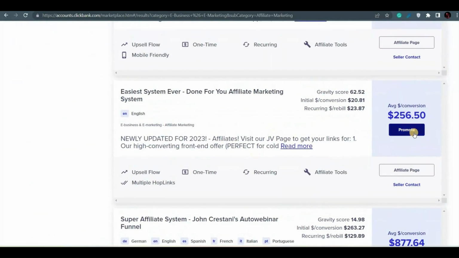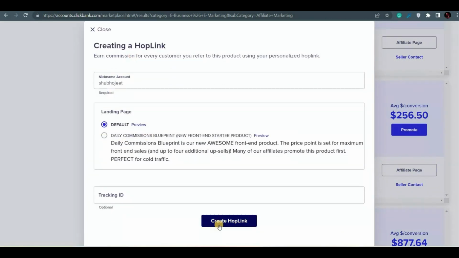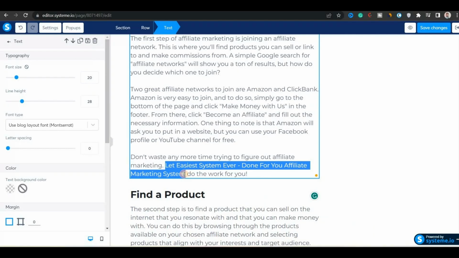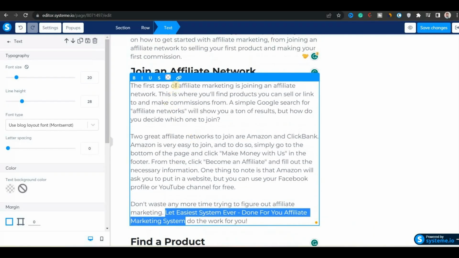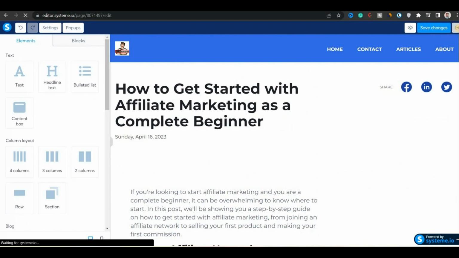Then I will click on promote to get the affiliate link of the product and I will write my nickname. After creating the hop link, I will copy it and come back to system.io. I will select the call to action text and link our affiliate link with it. After linking our affiliate link with the call to action text, we will click on save changes and exit the